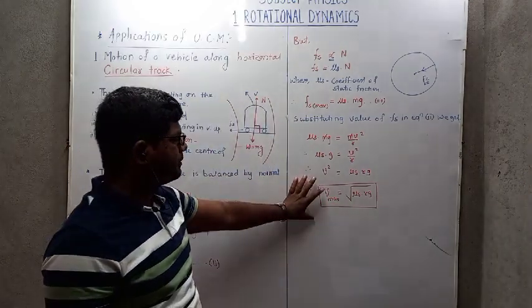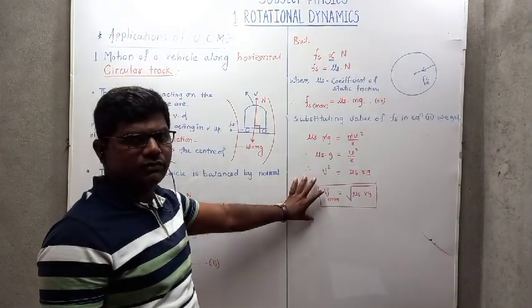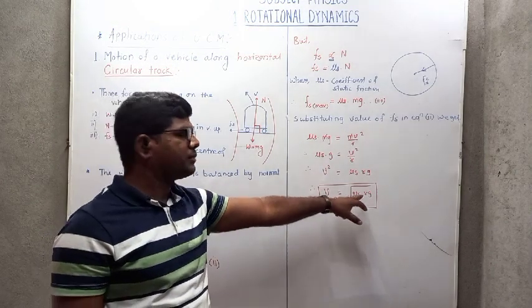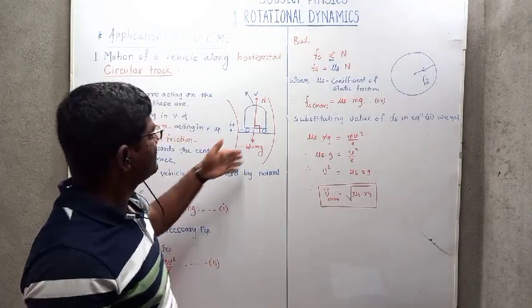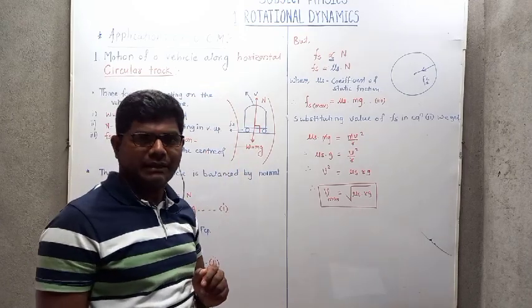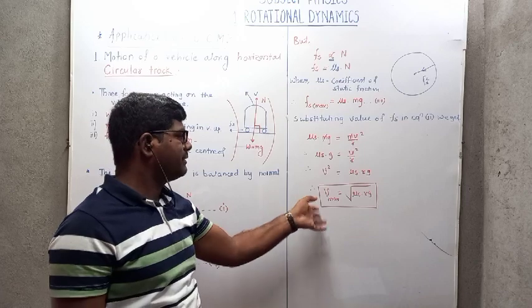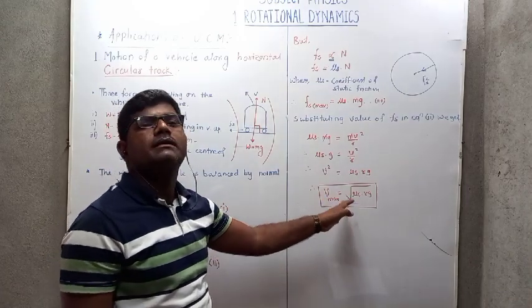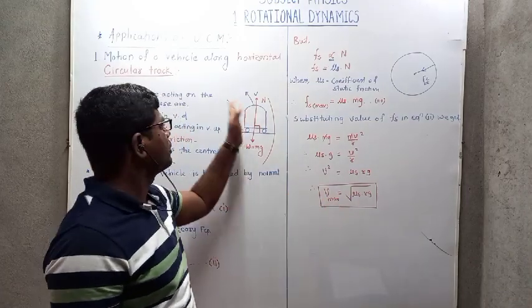If the speed of the vehicle is less than or equal to under root mu s into rg, the vehicle can easily move along the horizontal circular track. But if the speed of the vehicle is greater than that, then the vehicle can be thrown out from the